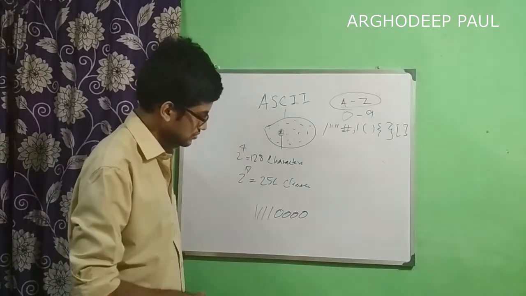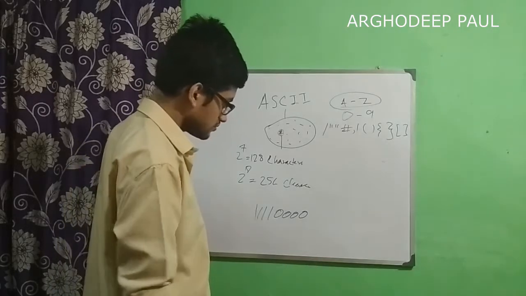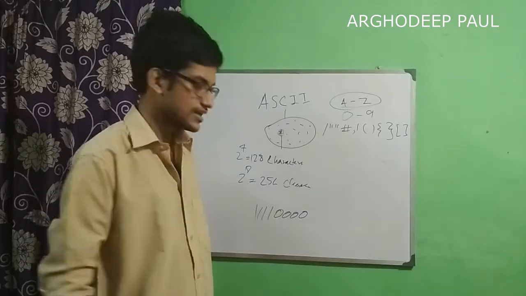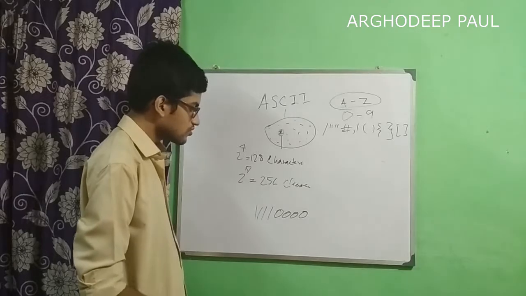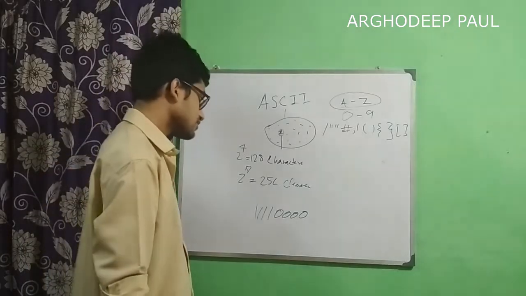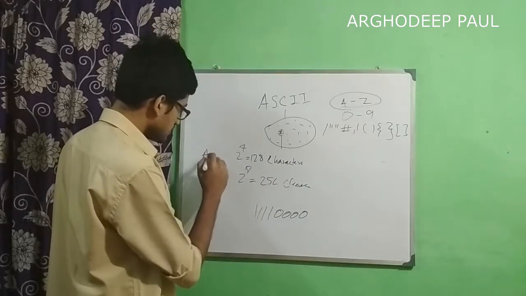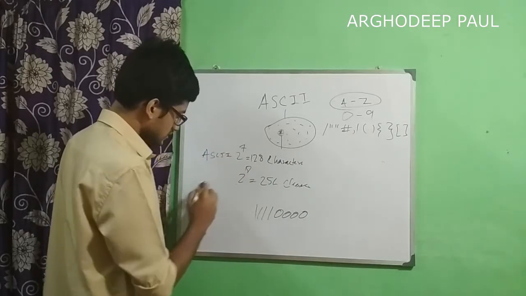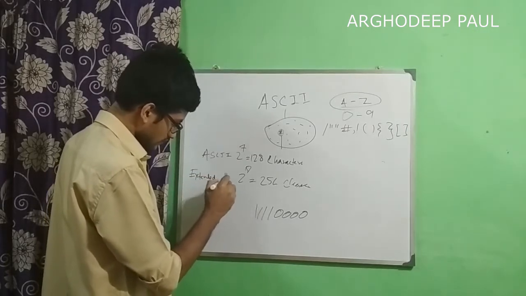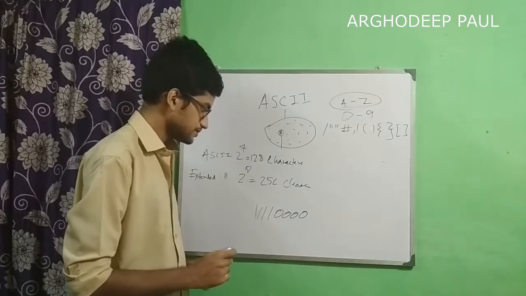So now this will be 2 to the power 8. I was taking only 7 bits then. Now I am taking a total of 8 bits and no parity bits are there. I am not adding any parity bit. So this will become 2 to the power 8, which is again 256 characters. So we can say we have extended the ASCII. So this is ASCII. This is extended ASCII, which contains 256 characters.